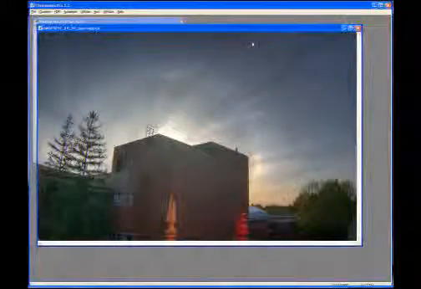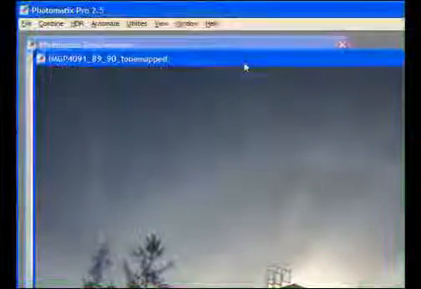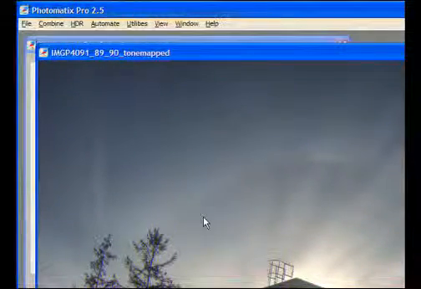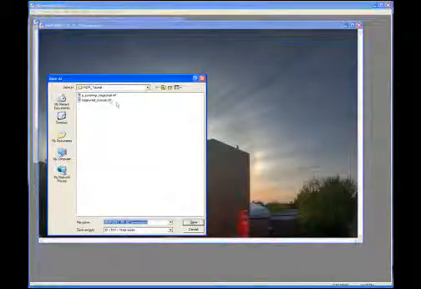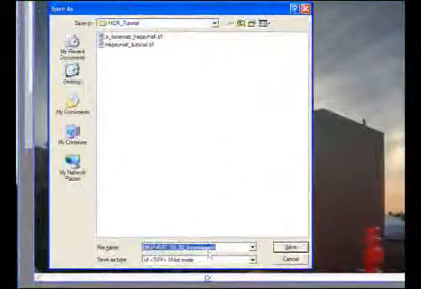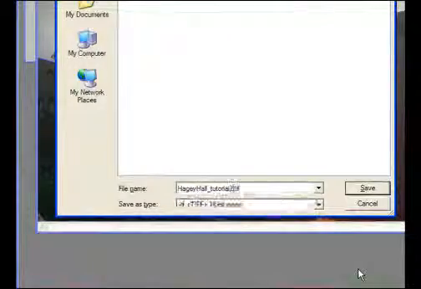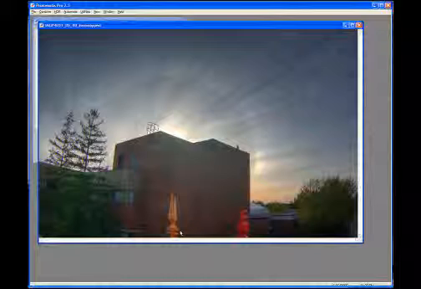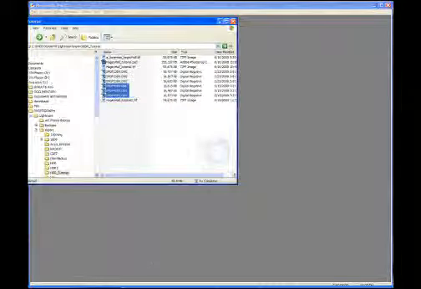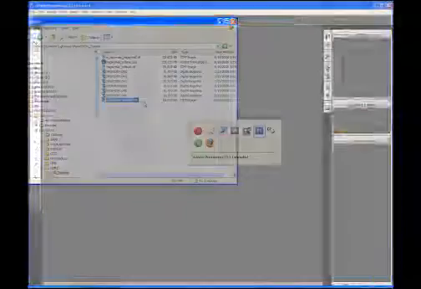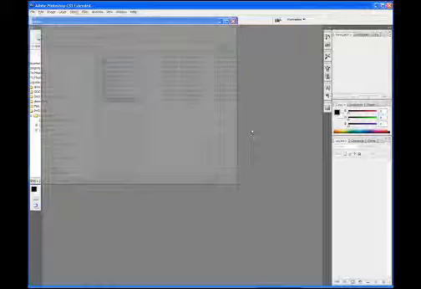All right, so now once that's saved, there's really nothing else we can do at this point except for saving the image. So go Control S or File Save, and I've already created one here, but we'll save it as, say, Haggy Hall Tutorial 2. And the image is probably about 50 megabytes or so for a 10 megapixel camera. So we can close that, and here's our new image. We want to go to Photoshop, import this into Photoshop,